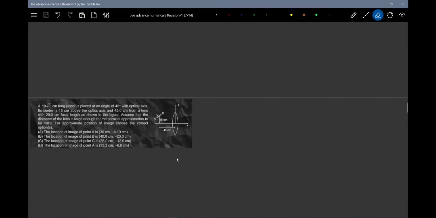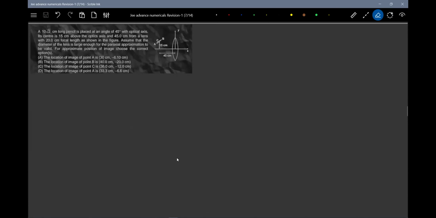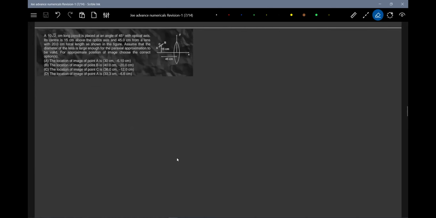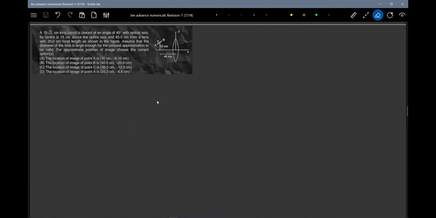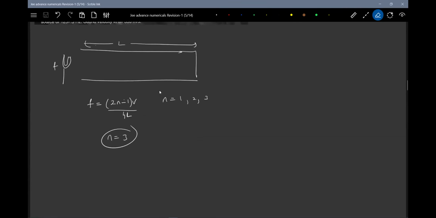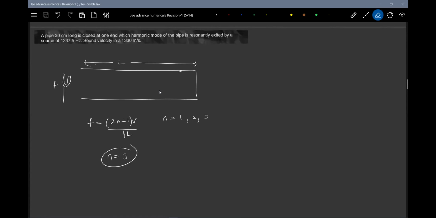Okay, now I'll come to that later on. First, we'll do this, something related to optics. Sir, the above question, n will be 2, sir. V is how much? 330, length 20 centimeters, 0.2, f is 1 to 2, you're getting? Okay, I think if it is 2, I'll make it 2.